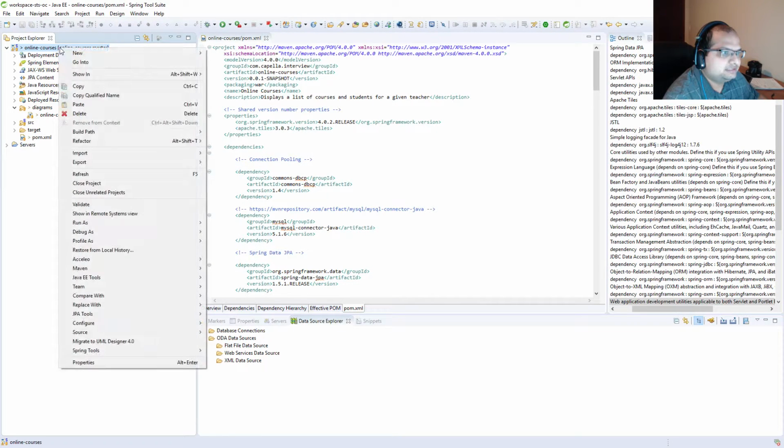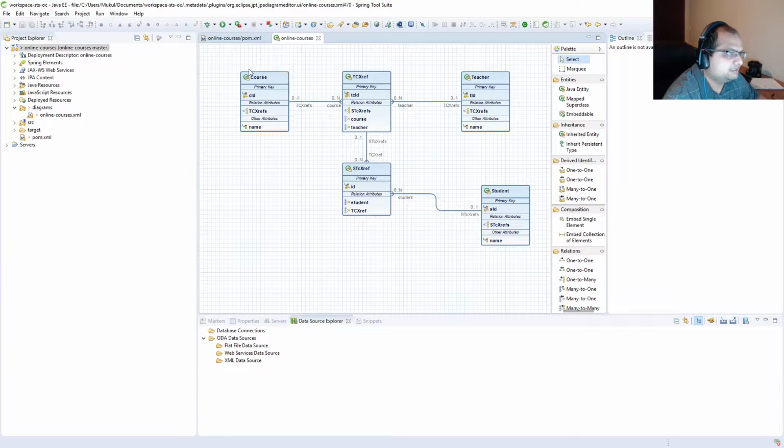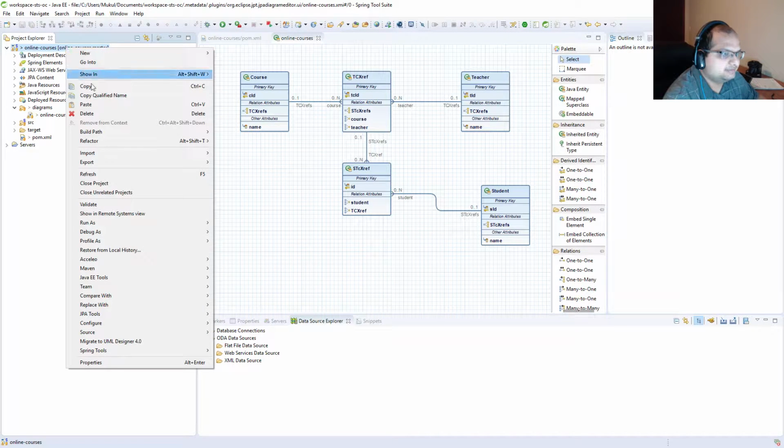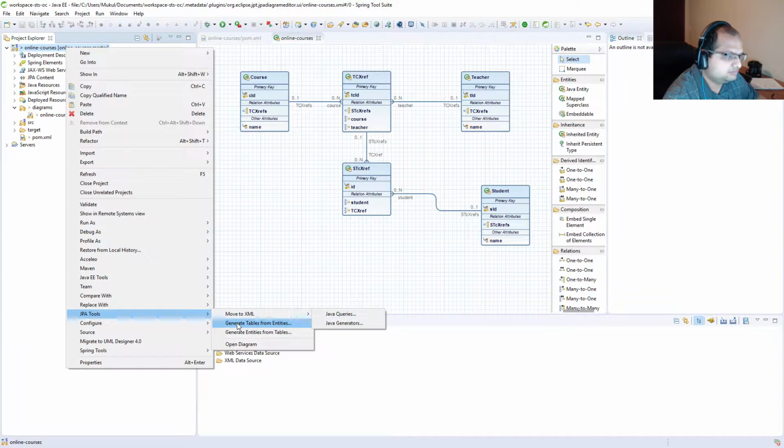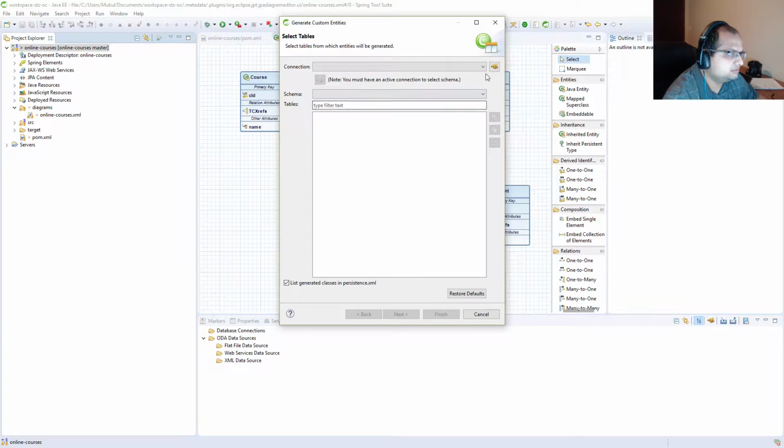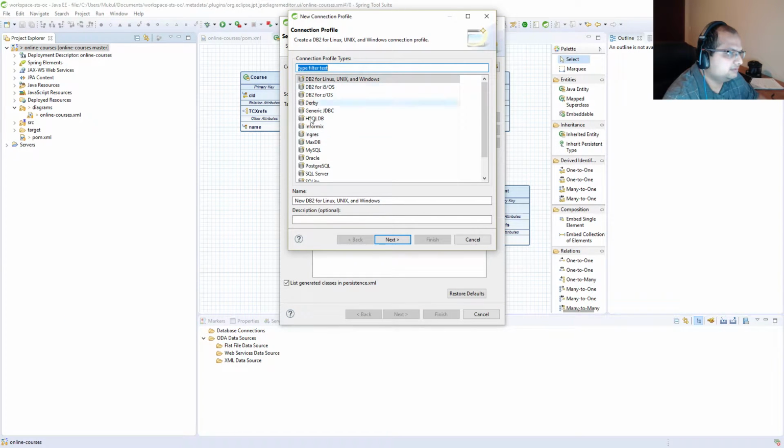So now, since this is a JPA project, you can go to JPA tools, open diagram, and you can see that we have this kind of table structure, which is in line with the database structure. So one way to ensure that this is in line with the database structure is to create our entities from the tables. The way to do it is right click, go to JPA tools, generate entities from tables,